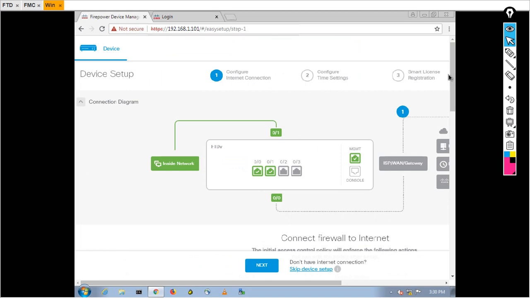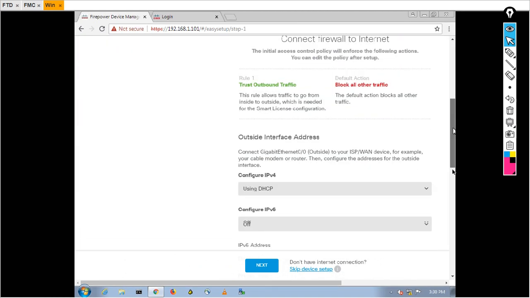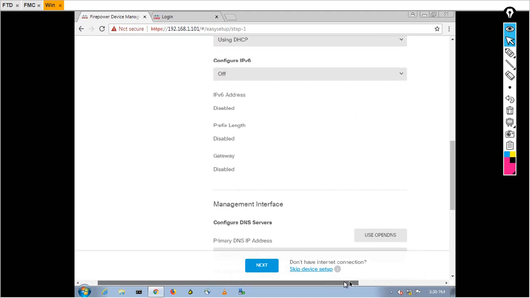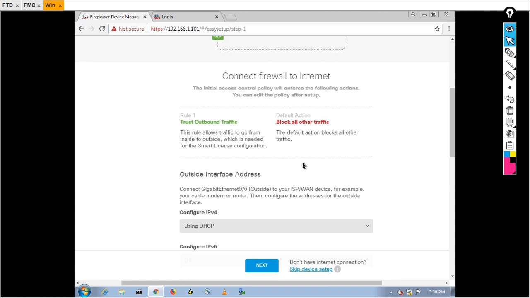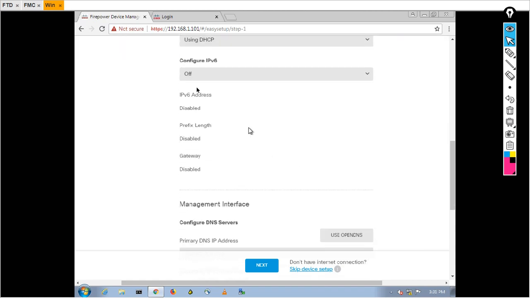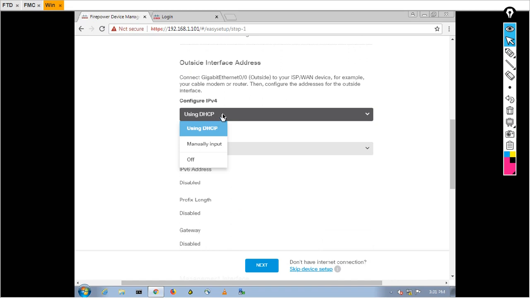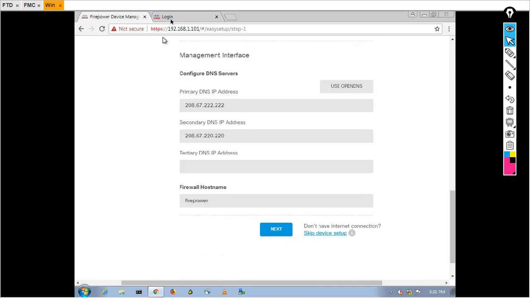You can see this is my FDM GUI. When I scroll down, we have lots of options. I can configure my FTD by using FDM. You can see here we can use DHCP or manual input, but for this lab I am going to use my FMC.